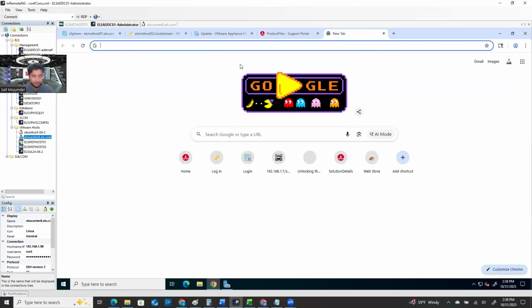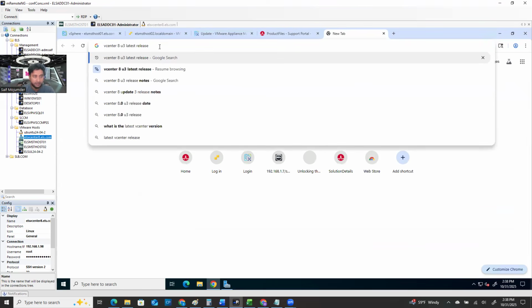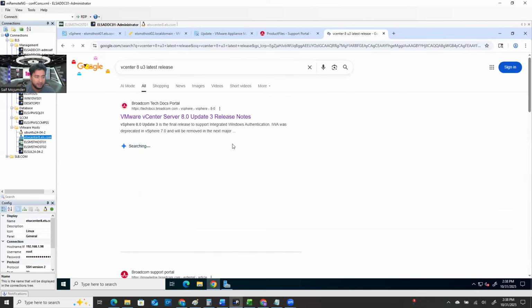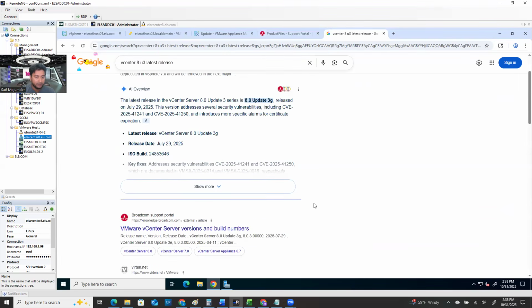You can search vCenter 8 update 3 latest release. Hit enter. Then you see here 8.0 update 3Z, released in July 2025. This version addresses several security vulnerabilities,